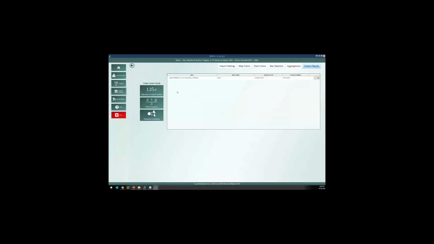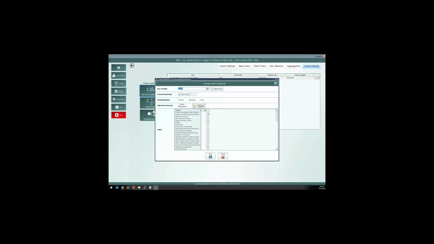We also did a little bit of work on the custom results here. Let's open up this one I've already made, where you can actually use the IO table to fill in these values if you want to use either inputs or outputs from the IO table, and then you use a particular industry or a combination of industries. And then the other thing that we did is we made it so that you can use custom results to spread policy variable inputs if you want to.